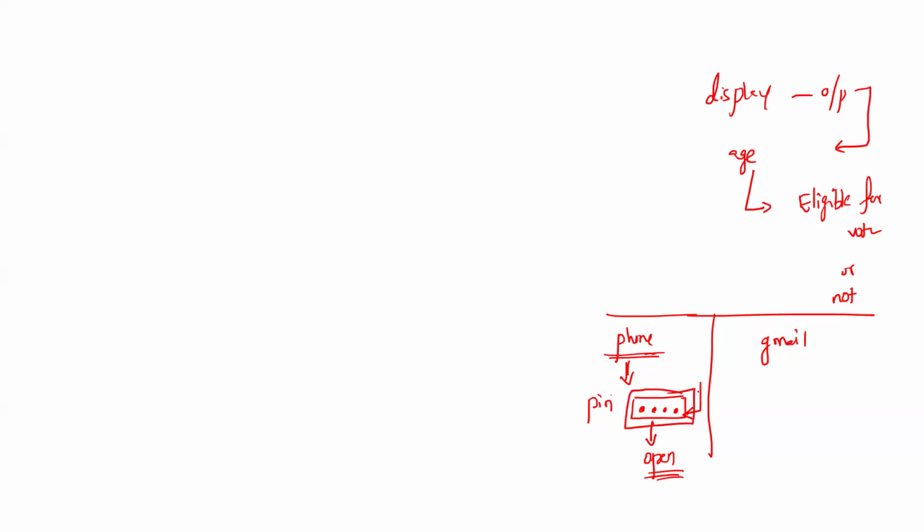If my pin is correct, then only open the phone. If your user ID and password, when it comes to Gmail, if these two are correct, then only take me to my home page. Otherwise, throw some error. Correct or not? So here some checking is happening. Only user ID is correct,